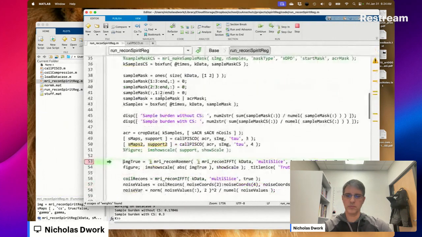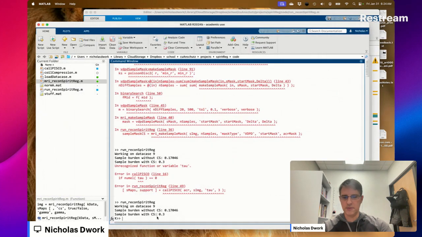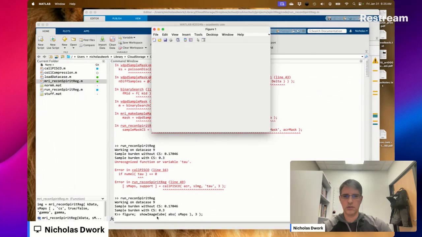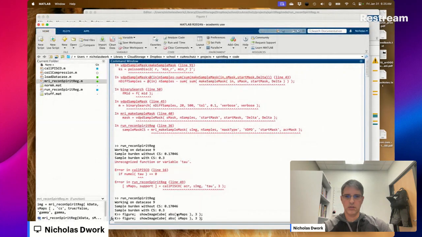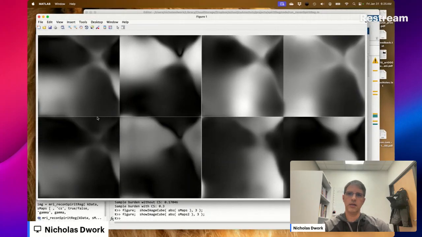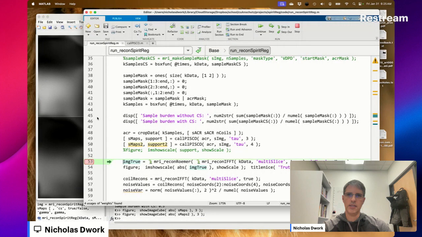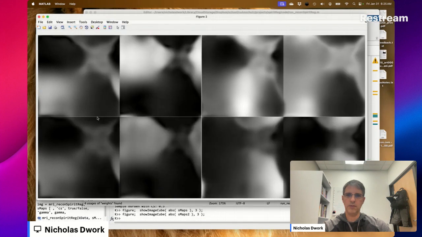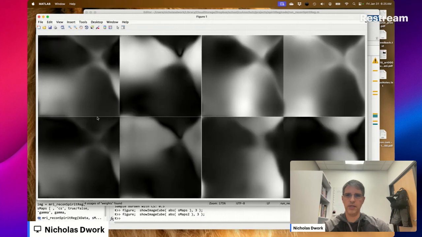What's the difference in these sensitivity maps? This is with a tau of 3. This is with a tau of 4. 3, 4, 3, 4, 3, 4.